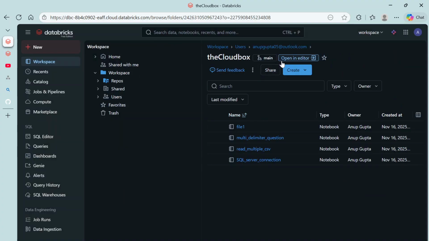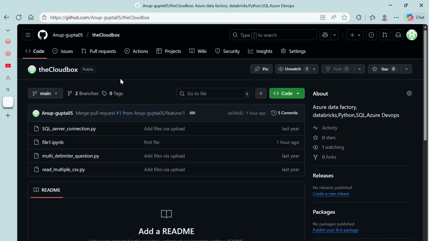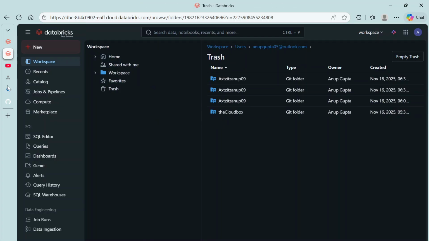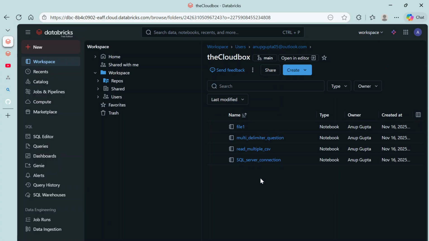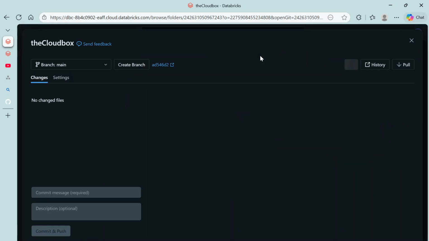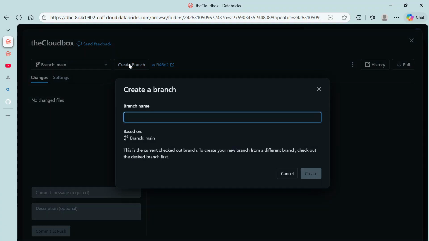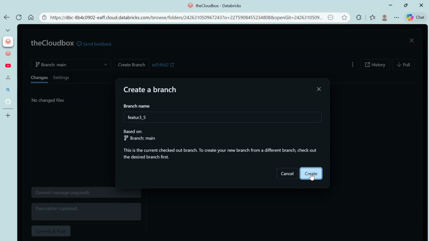Now you see whatever code I have inside the Cloudbox repo, everything came as it is. Okay, now cool. Again, we are in the main branch, right? Let me go ahead and create one feature branch one more time. So let's say feature 5. Okay, now the moment I create it,